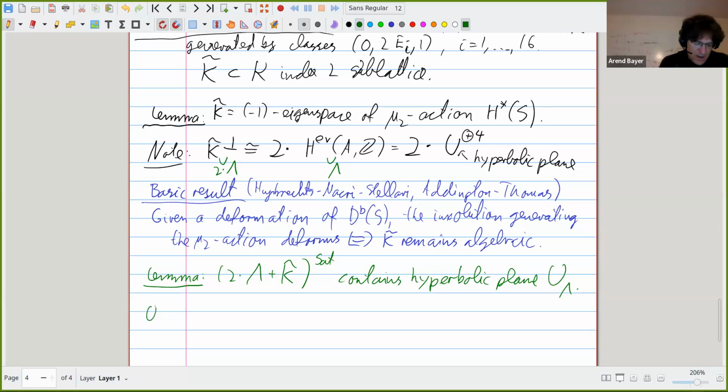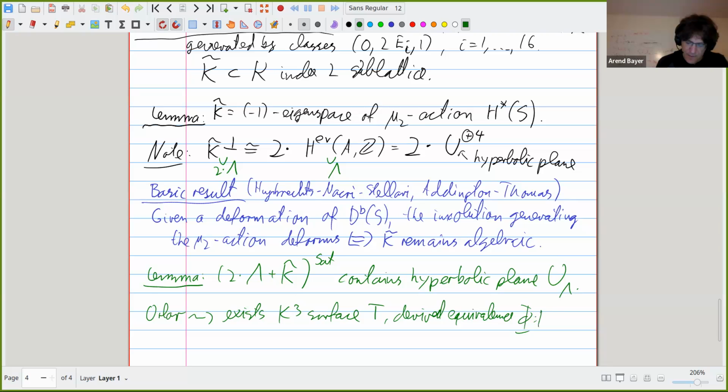So then by Orlov, there exists a K3 surface T and a derived equivalence phi from D of T